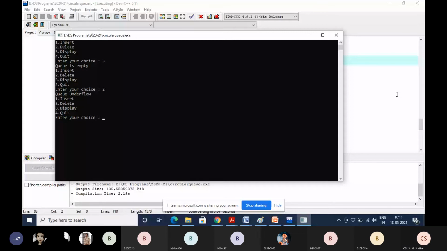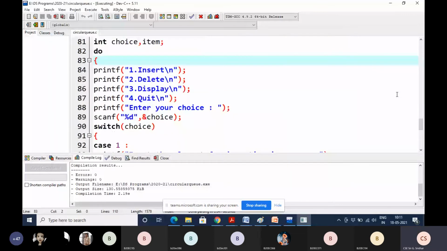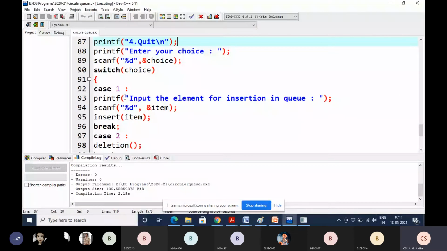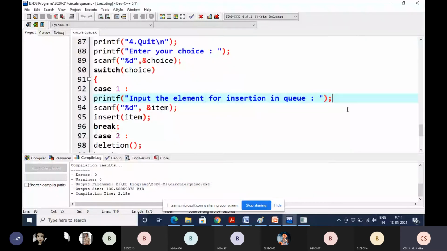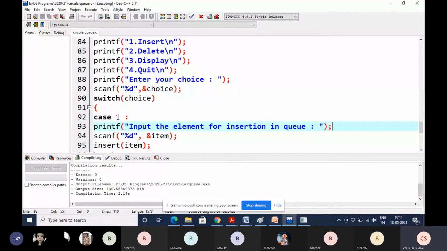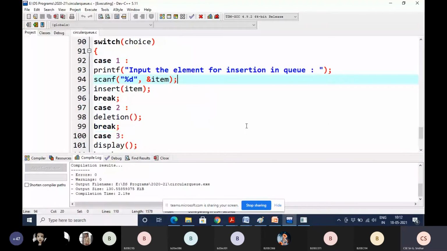Now coming to the first case, you want to insert, that's why you entered one, first option. If you enter for the choice 1, the choice value 1 matches with the first case label, so it asks to enter the element to insert into the circular queue.